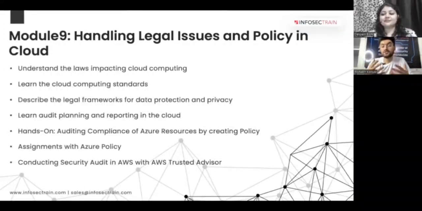There could be things like the legal frameworks, data protection, privacy laws, auditing, planning, and how to report things, how to do the whole reporting in the auditing. These kinds of things are going to be there. So we'll be talking about the auditing compliance of Azure by creating different policies, how to implement those things, assign those policies, and conducting a security audit in AWS